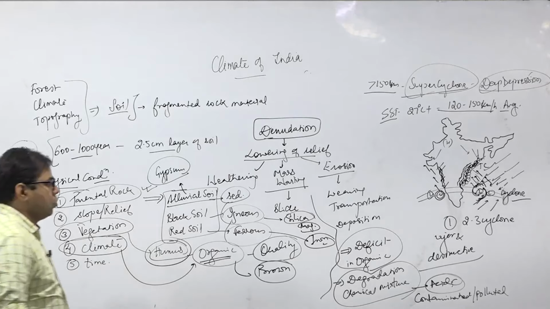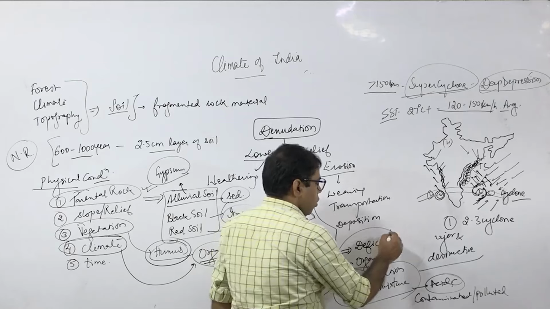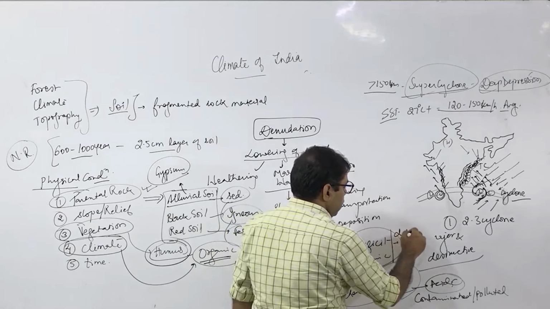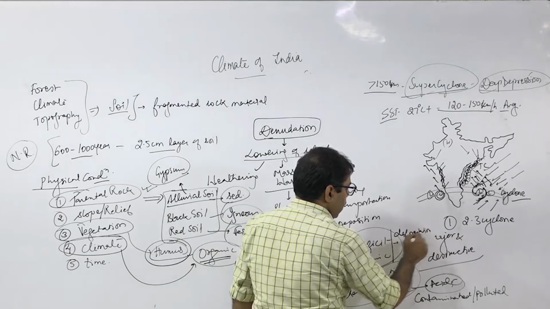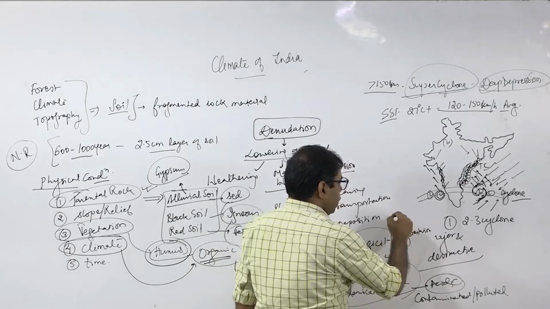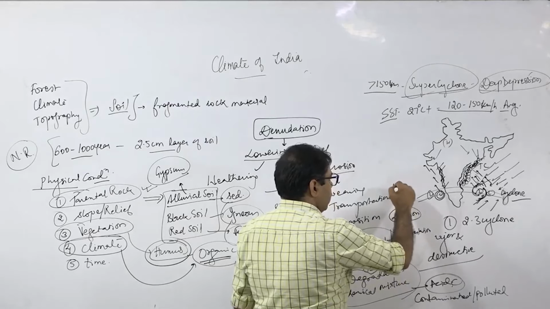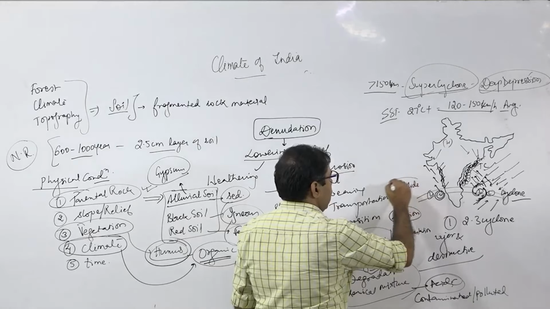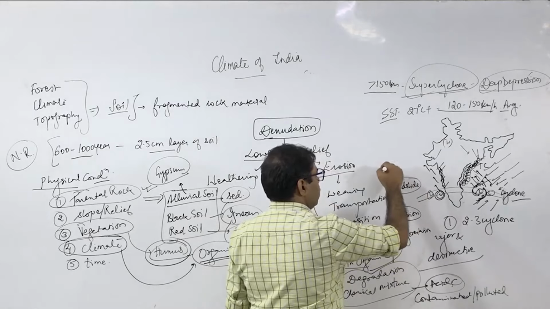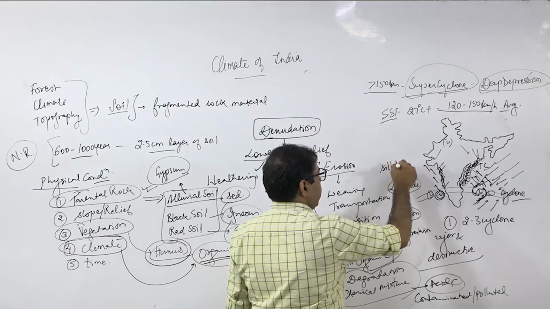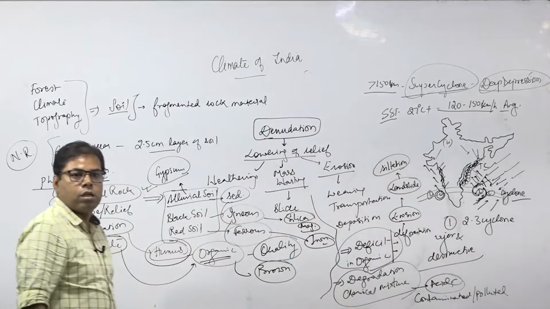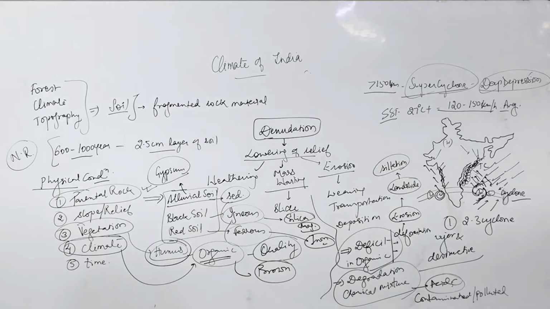So, the soil is becoming deficit in the organic matter because of deforestation, and also because of deforestation there is a rate of erosion, and because of rate of erosion there is a rate of landslides, and because of landslides there is more siltation in the river bed, right. So, more siltation is responsible for the river bed. Am I clear? Any doubt, anyone?